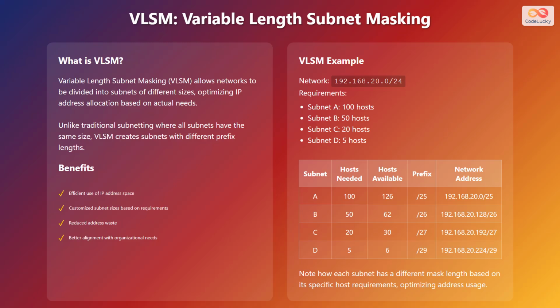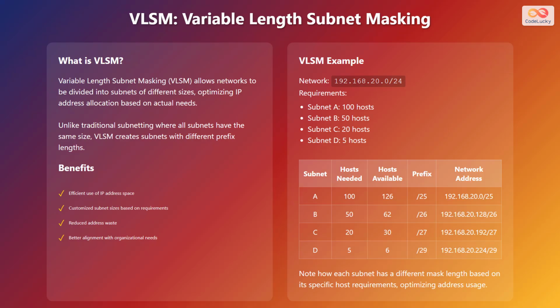For example, consider a network 192.168.20.0/24. Subnet A needs 100 hosts, Subnet B needs 50 hosts, Subnet C needs 20 hosts, and Subnet D needs 5 hosts. In this case, Subnet A would use a /25 prefix, which allows for 126 hosts, and the network address would be 192.168.20.0. Subnet B would use a /26 prefix, which allows for 62 hosts, and the network address would be